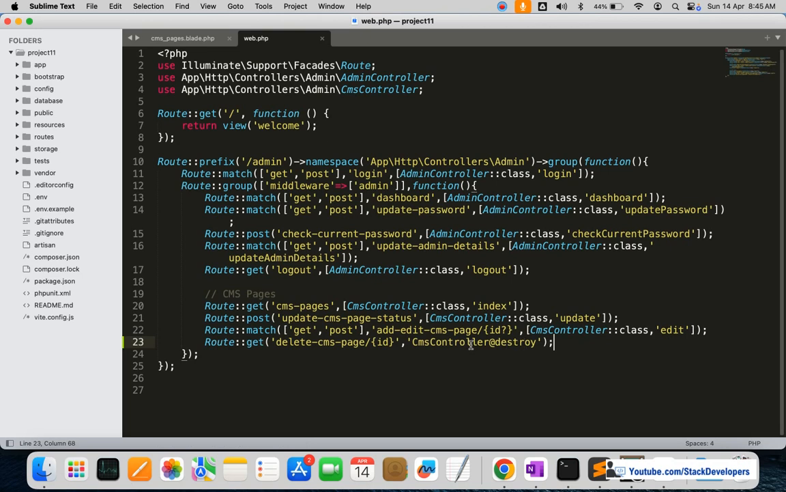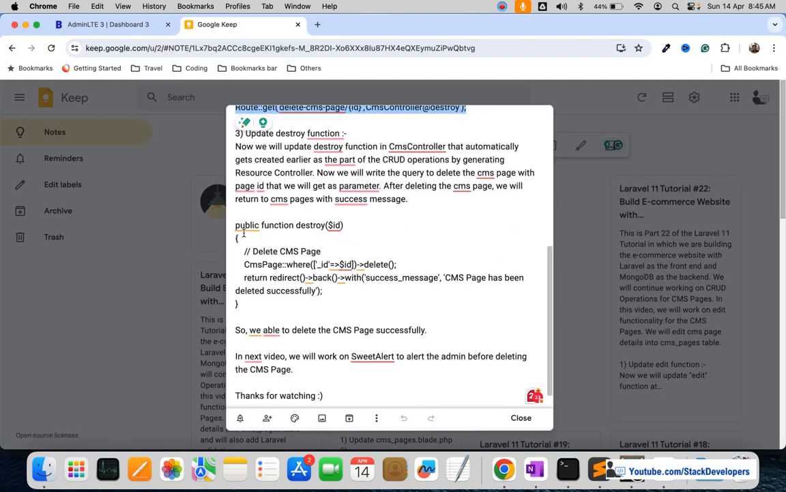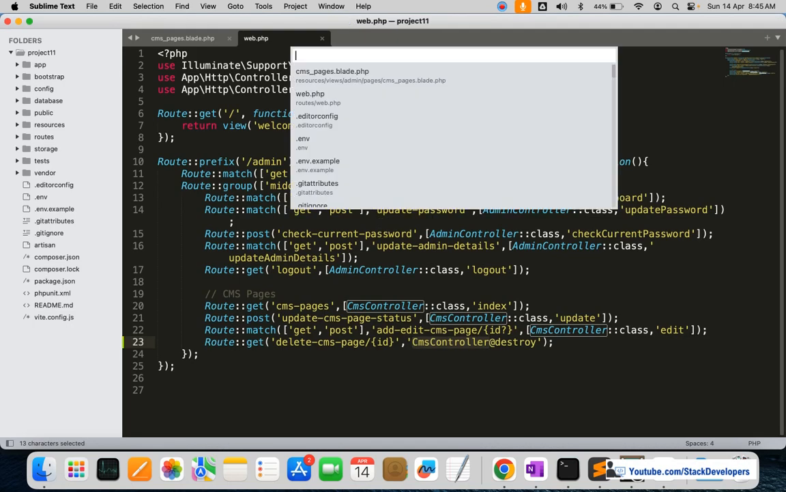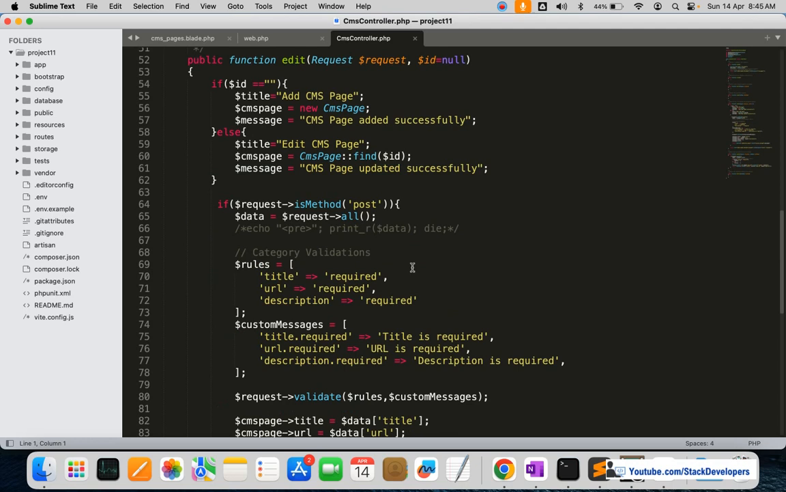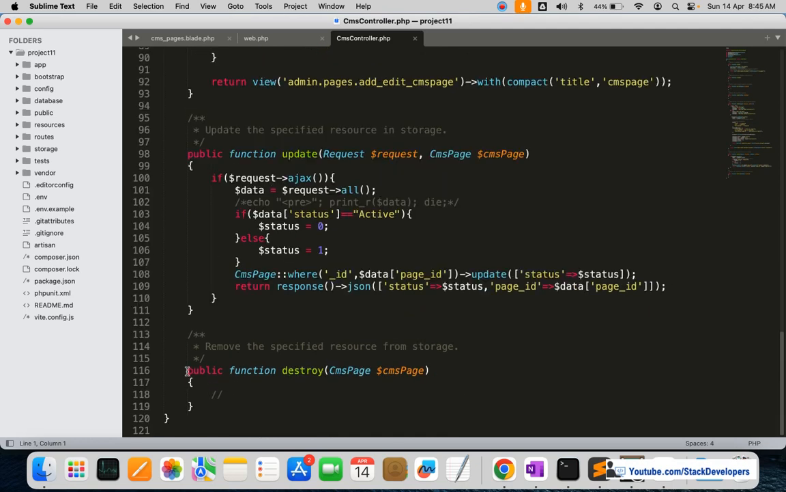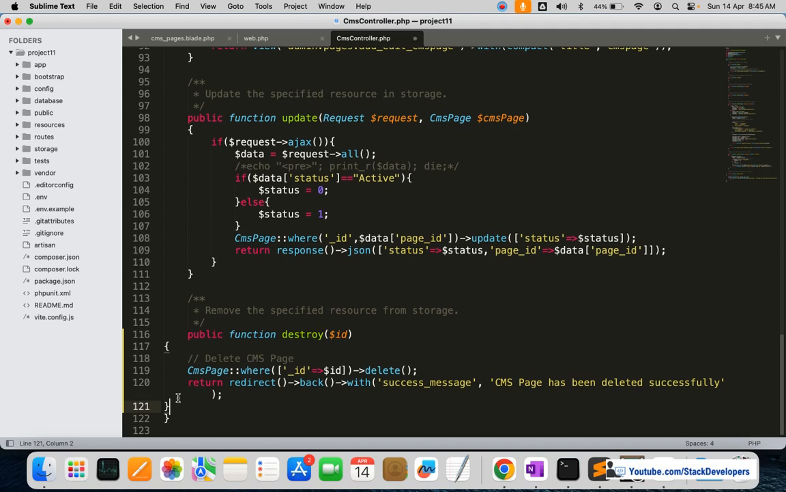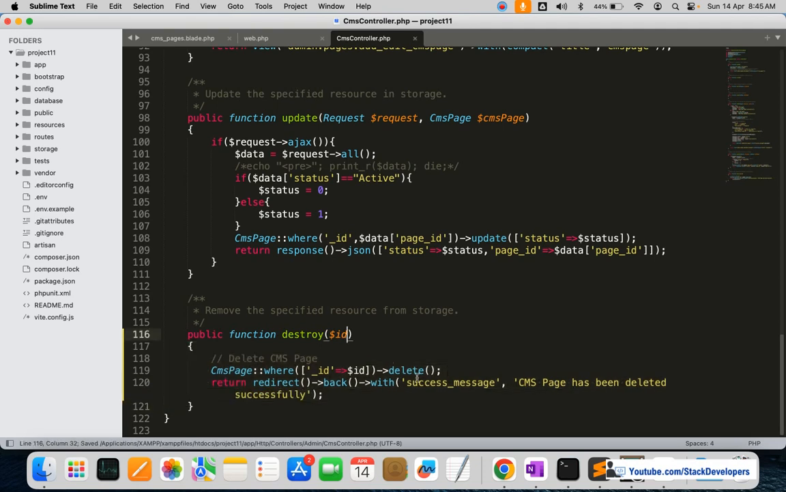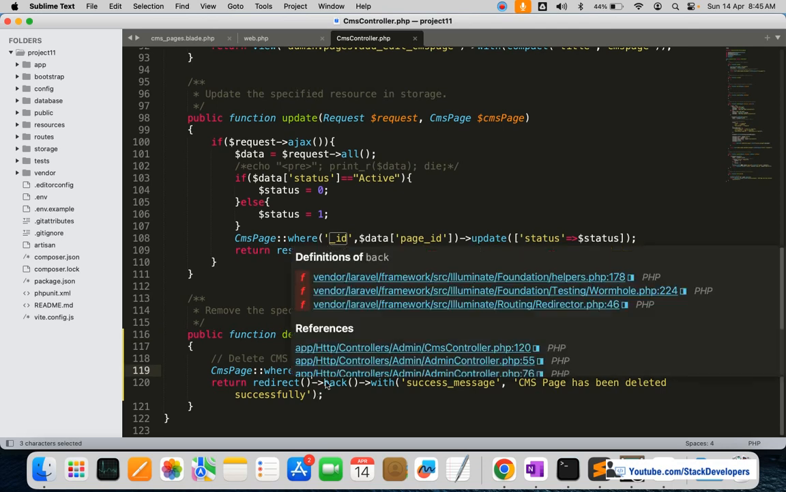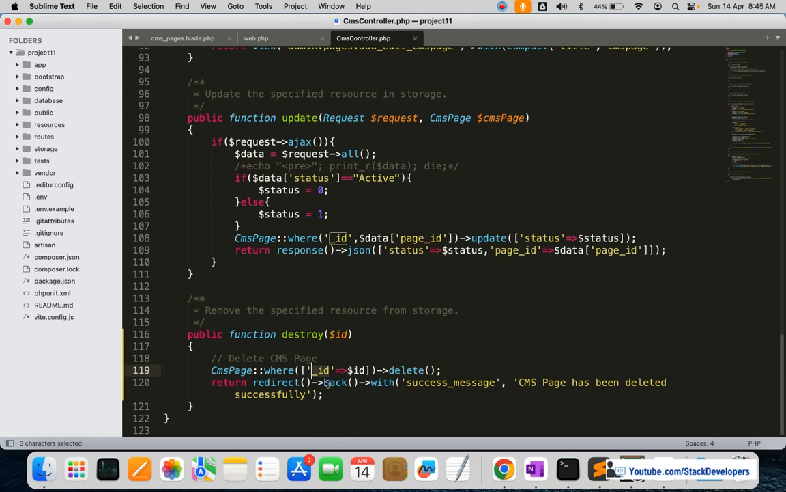Okay, so I'm going to modify the destroy function that we have automatically created in the resource controller, that is the CMS controller. Okay, so I will add this function to delete the CMS page. I'm going to open that CMS controller and will modify the destroy function. Yes, I'm going to replace this destroy function with this one. Here I'm passing the ID as well, and with this ID I'm going to delete the CMS page from the CMS pages collection, and make sure that we are going to delete this with underscore ID. Here instead of ID we will use the underscore ID,